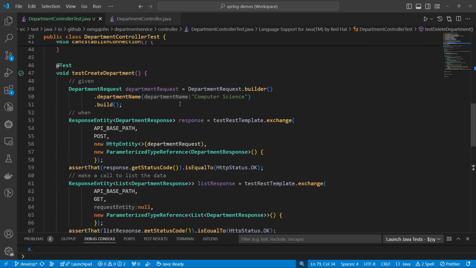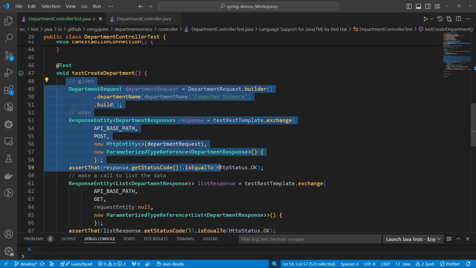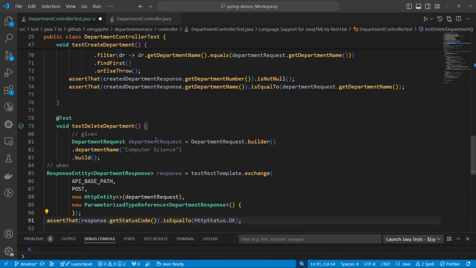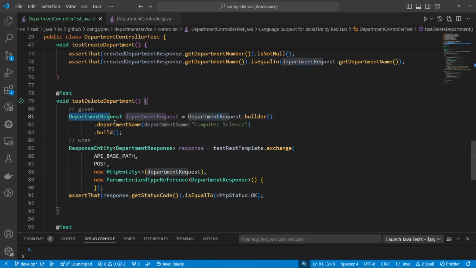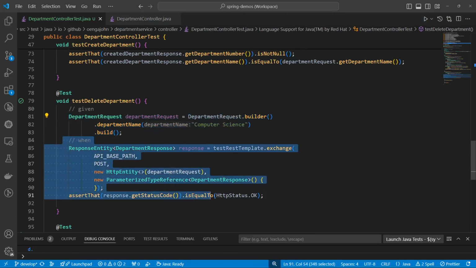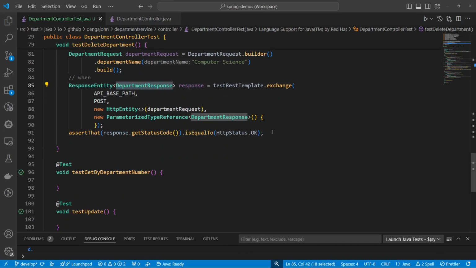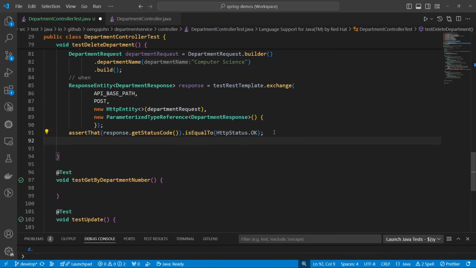So what I'm going to do here is going to be simple. I'm going to make use of the same code that we have here for the first point of creating. So I'm just going to copy that down here to the delete. So given this department request, we create that particular payload, and we have an entity within the DB. The next thing that we are going to do is, from this particular department response, get the actual department response that we got back. So I'm going to obtain that as one of the data so that we can make use of its ID